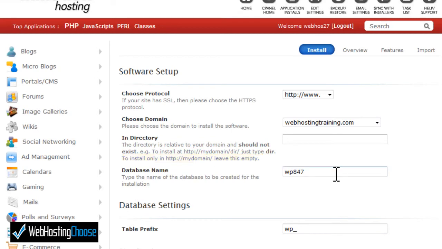For database name, you can make a change here or leave it as default. In my case, I'll go ahead and make a change and say WH-train. You can only have 7 letters. So in this case, I've maximized the total characters I'm allowed to use. For table prefix, leave that default unless you prefer to change it. Most people will leave that as WP_. Now scroll down for more